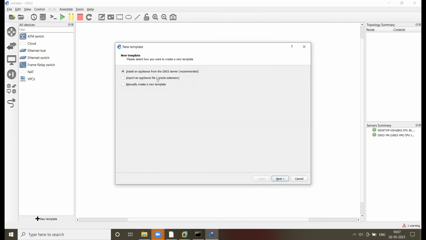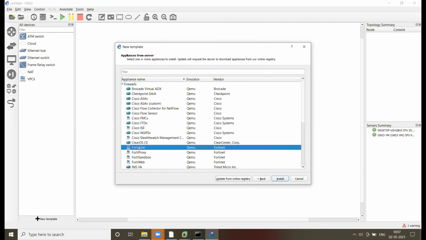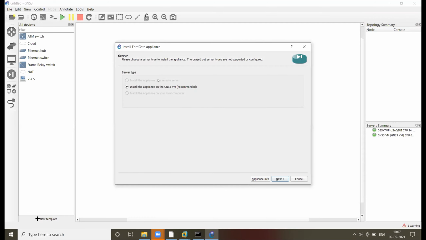Now for the next, expand this firewall. FortiGate firewall. Select FortiGate firewall. Install, next.